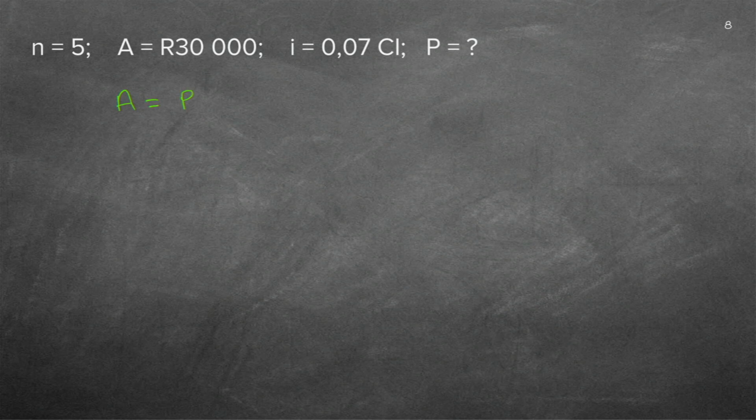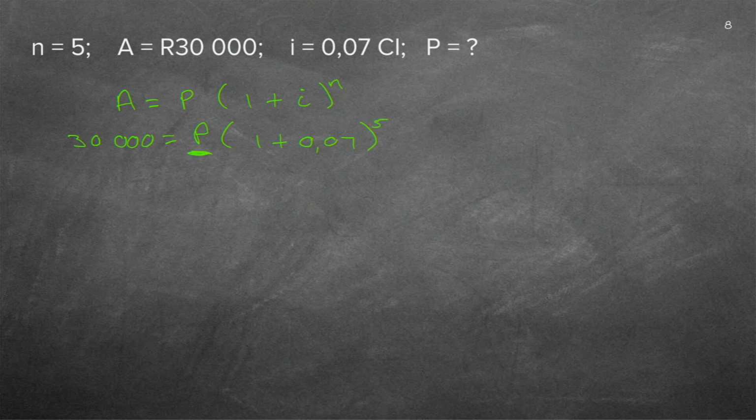So what am I saying? You're supposed to get full marks for this, unless you make a silly mistake, but you can always double check yourself. 1 plus I to the power of N. So I fill in the A. I can't fill in the P. I can fill in the I, and I can fill in the N.